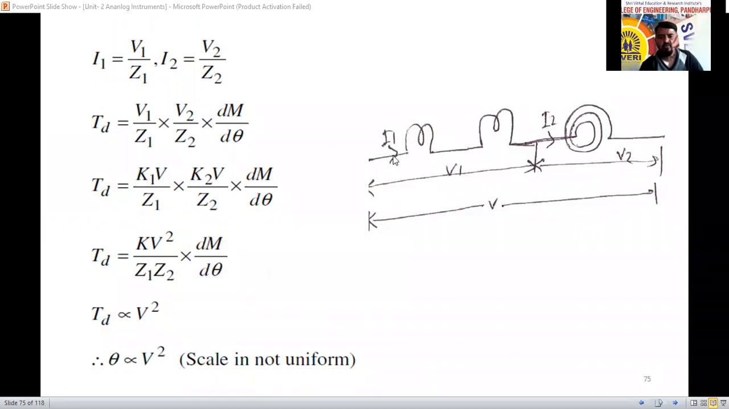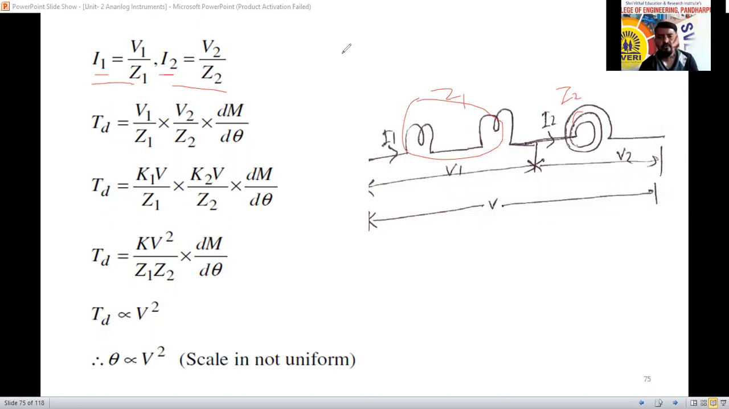According to Ohm's law, I equals V by R, but in the AC circuit, I equals V by Z. The total impedance of the fixed coil we consider as Z1, and the moving coil impedance is Z2. So I1 equals V1 by Z1, and I2 equals V2 by Z2. Why am I deriving the equation for I1 and I2? Because we already know that